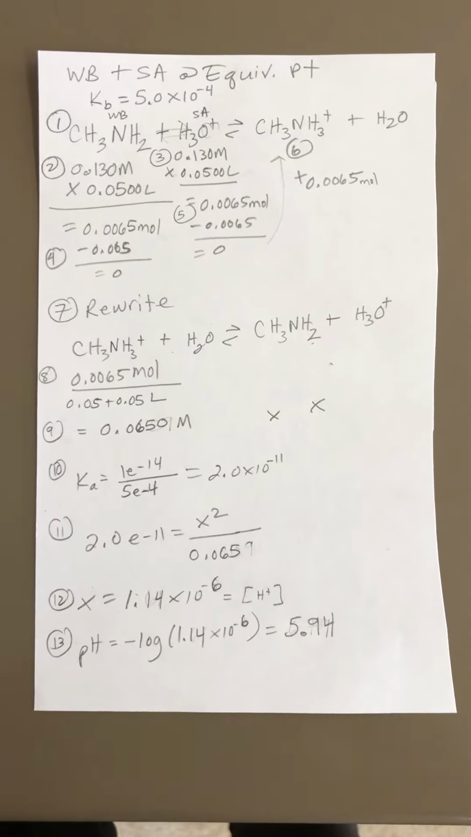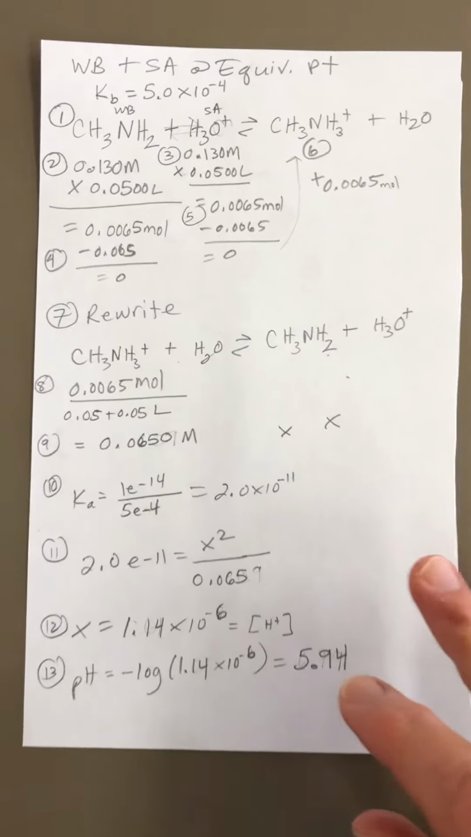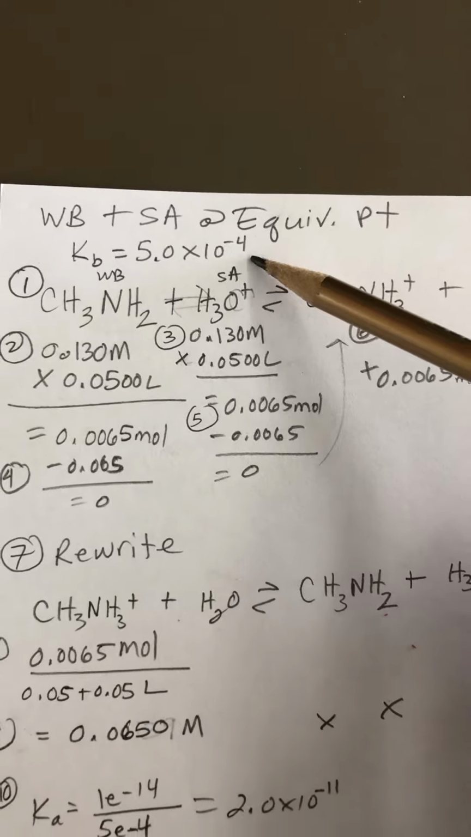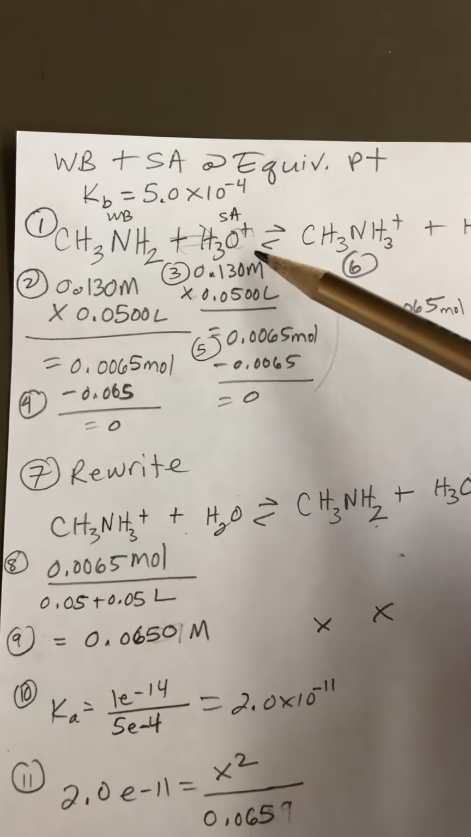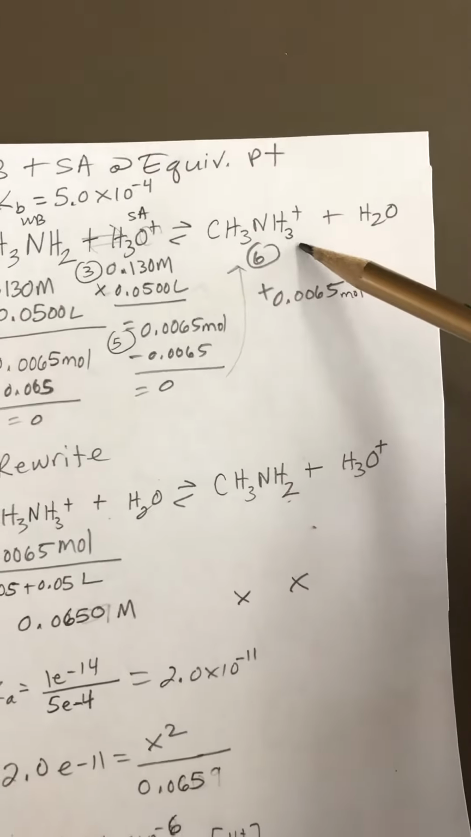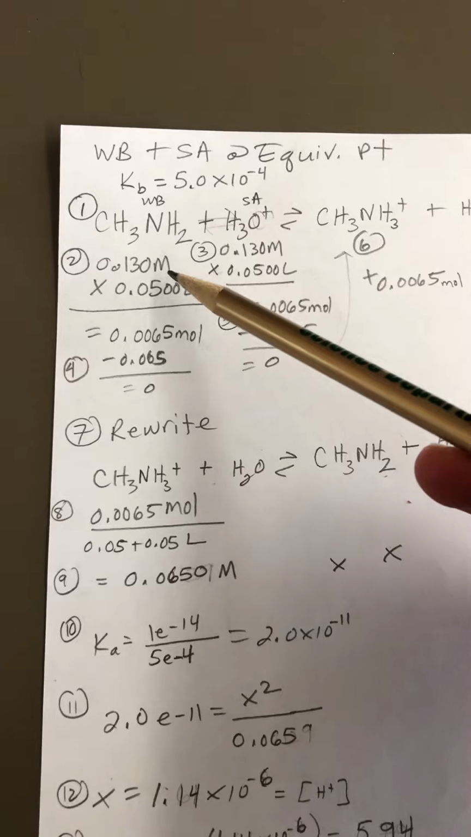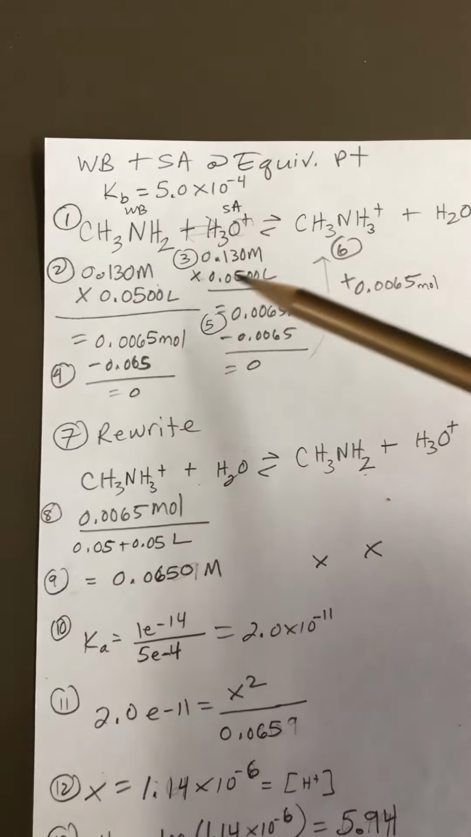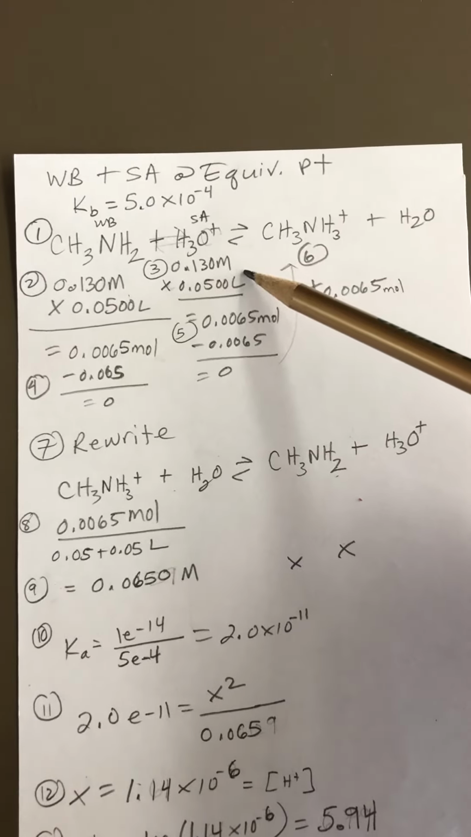Here is an example of a weak base with a strong acid at the equivalence point. The Kb of our particular base is 5 times 10 to the minus 4th. And here's the equation. Our weak base plus the strong acid makes this plus that. And the given amount was 0.13 molar of the weak base and 0.13 molar of the strong acid, and the